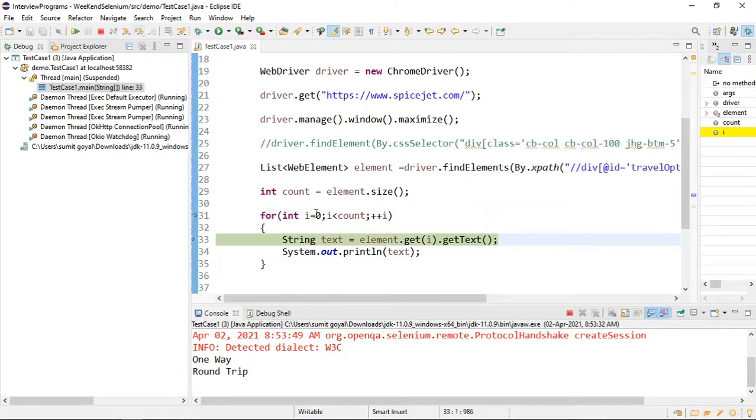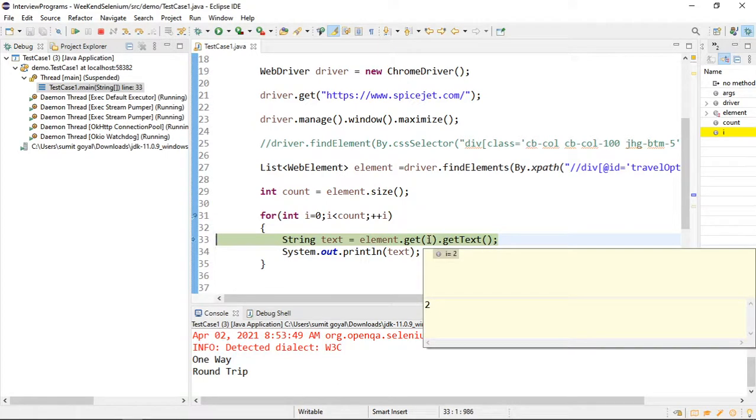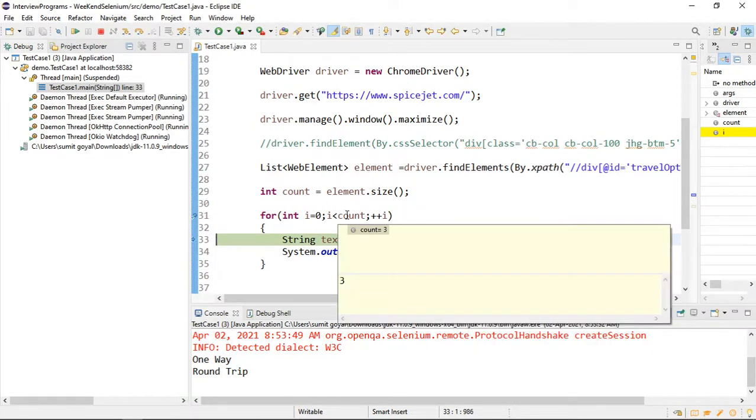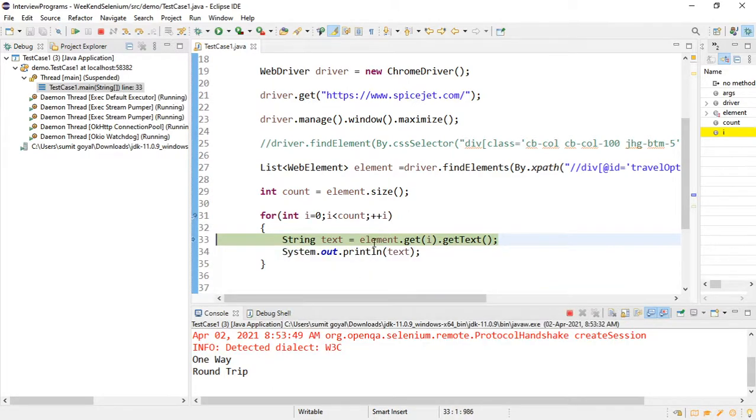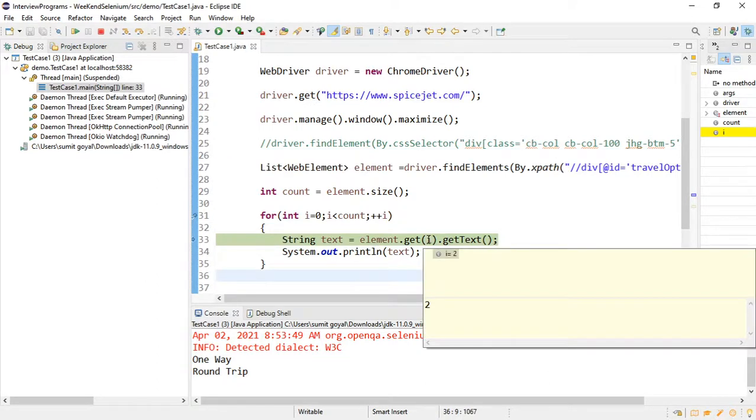And after that i equals 2, third time it will run. And what is the value? This is the last time my for loop is running, because after that the condition 3 less than 3 will become false. So I am saying from this variable, which is of type list of web element, give me the element present at index number 2.